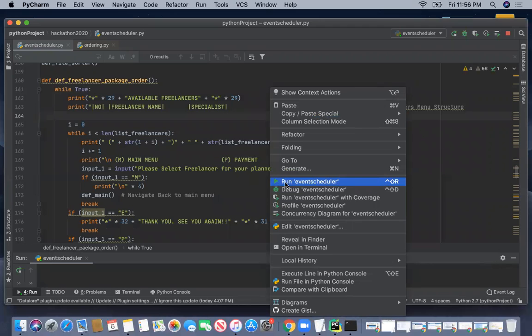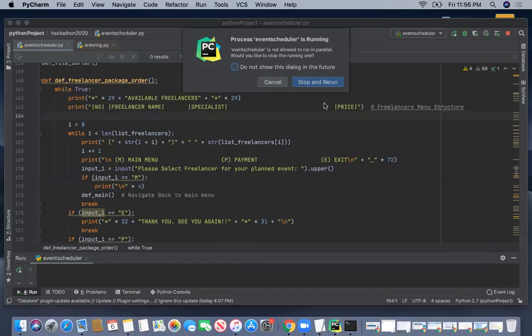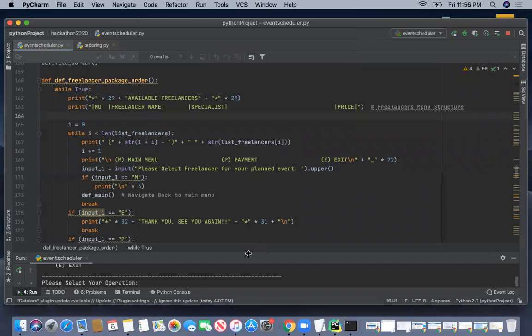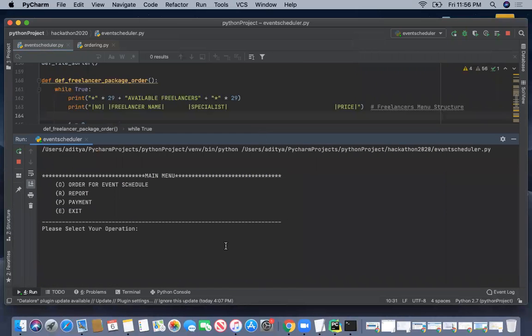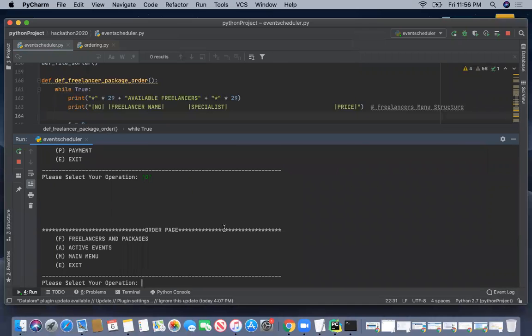So I am running this class. For example, the user selects O, which stands for order for event schedule, and it takes him to another menu, freelancers and packages or active events, main menu. He can go back to the main menu, or he can exit.